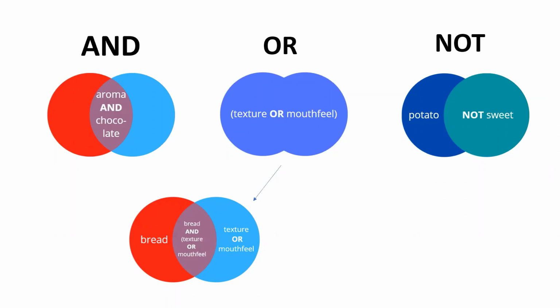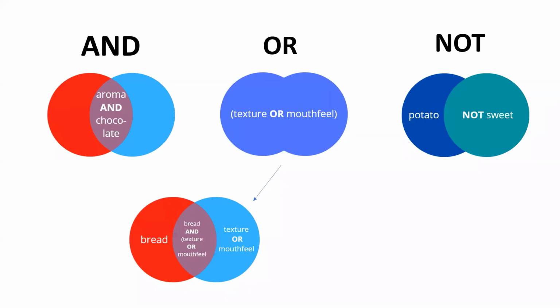Not removes the class of terms. So it's really powerful, but it's also dangerous. If I were to do a search about potatoes and I was getting tons and tons of results about sweet potatoes, and I said, I really don't want to see anything about sweet potatoes, I just want potatoes, then I could build a search with